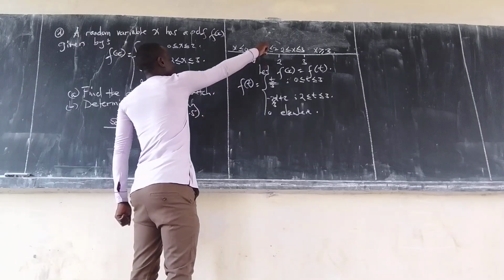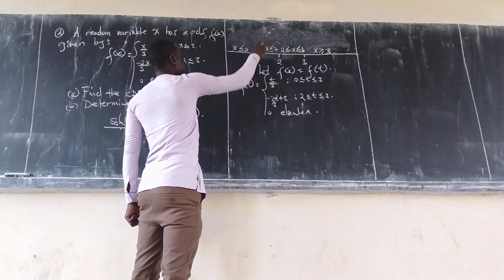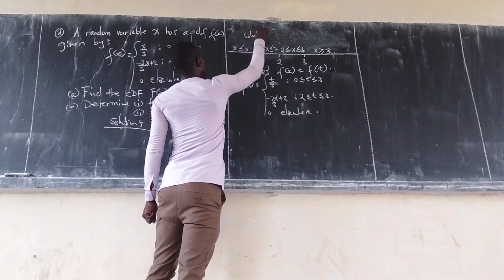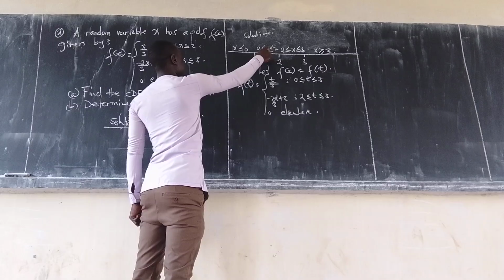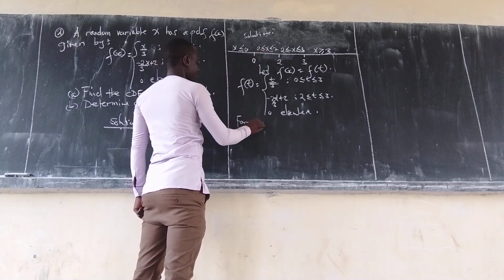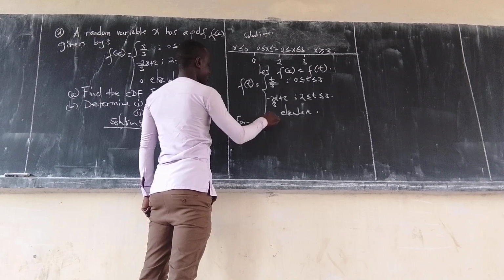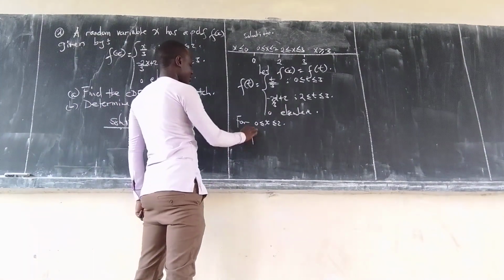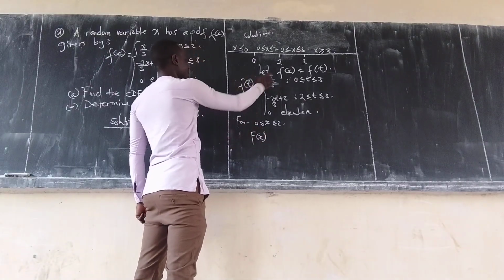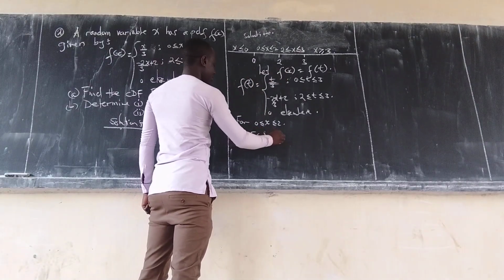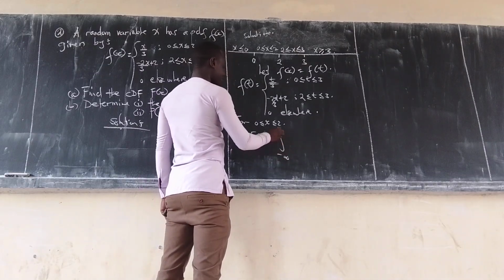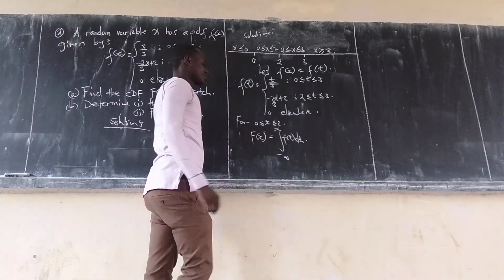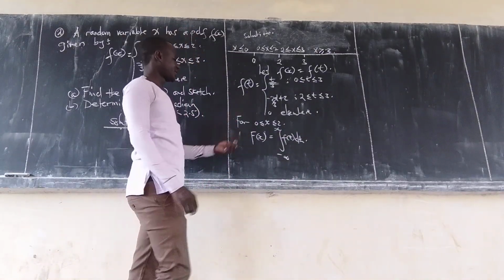So after redefining it, then you now go interval by interval. So we are going to begin with this one. Because to get this, we must have this. Of course this is our solution. To get this, we must have this. So we are beginning with the interval for 0 less or equal to x less or equal to 2. After that, we said yesterday that capital F of x, after redefining f of x in terms of f of t, is an integral from negative infinity to x of f of t dt. Now my first f of t